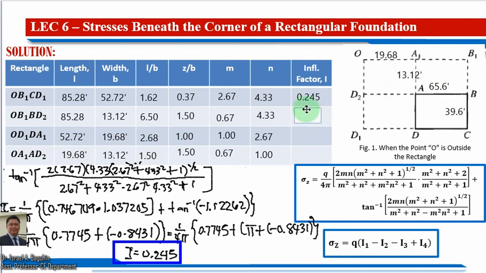Here it is equal now to 0.167, and for this third rectangle we have 0.203, and for this fourth we have here 0.145. Okay,